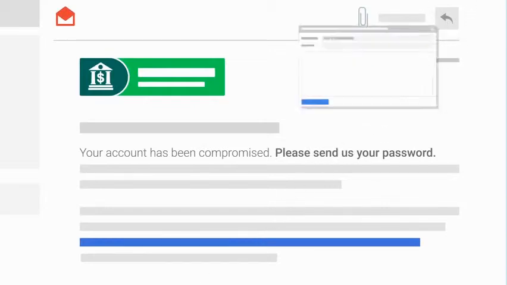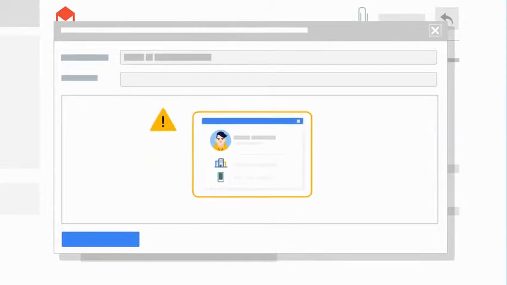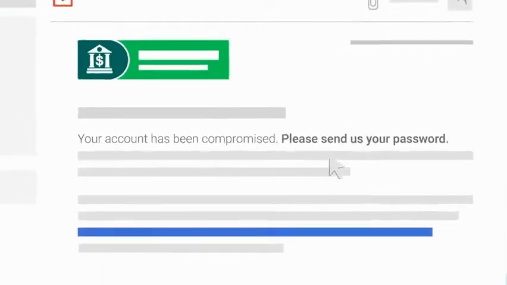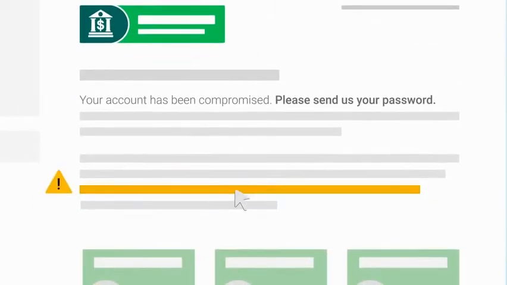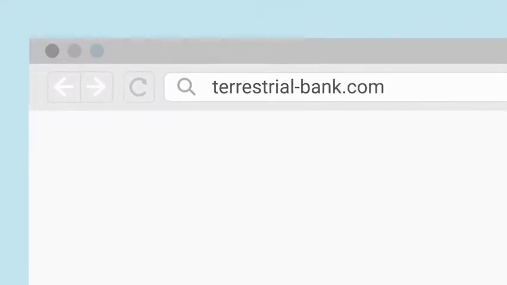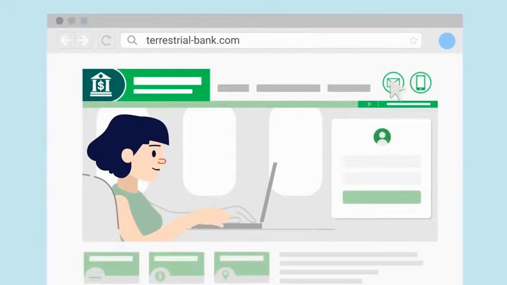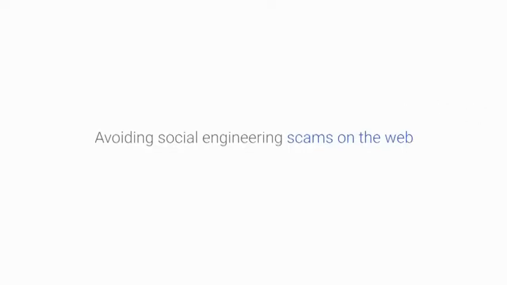It's important to remember, never send personal information over email unless you're absolutely sure who you're sending it to. Attackers will use every trick in the book to make you believe that the address in an email is legitimate, faking the from address to make it look like it's from someone you know. So don't use the reply address in the message unless you are sure who the sender is, and don't click on links in the email. Instead, open a new window and type in the official website of the bank or company in question and find the contact address. Social engineering can also happen when you visit a web page.